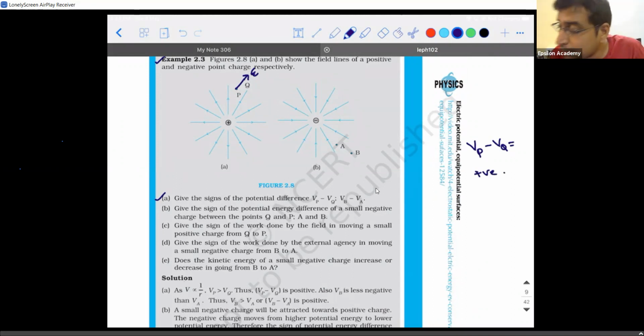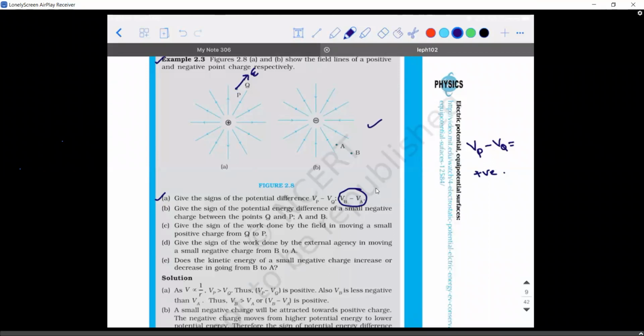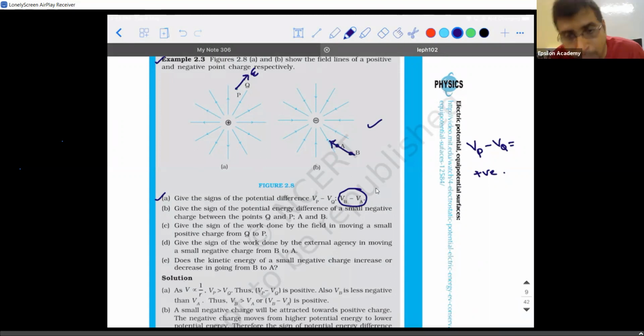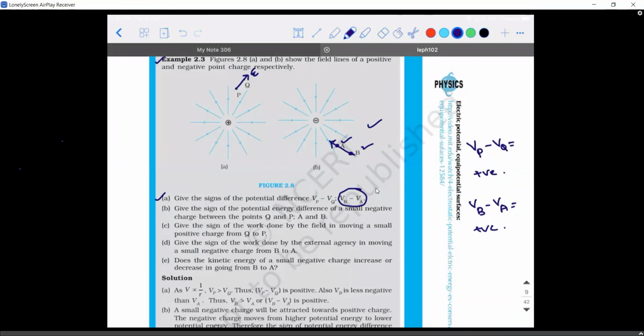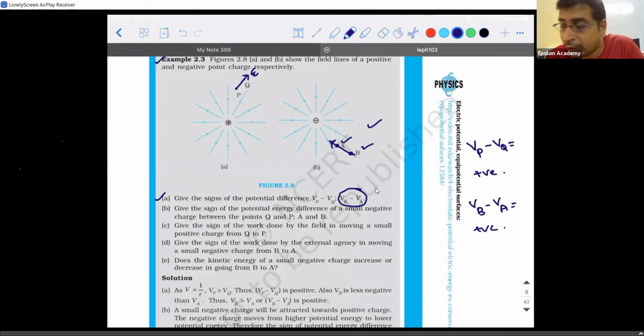Similarly, what is the potential difference between Vb and Va? You need to look at this diagram. Negative. The electric field is in this direction. Right? Positive, sir. Still positive. Why? Because Vb is greater than Va. Here I know what you will think. Point A is closer than point B. But remember, when you're writing the formula for potential, you will write the minus sign. -5 is less than -4. Don't forget this.